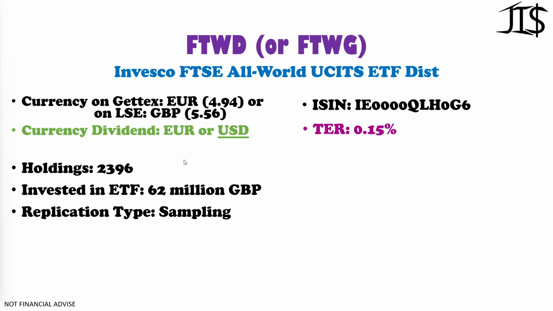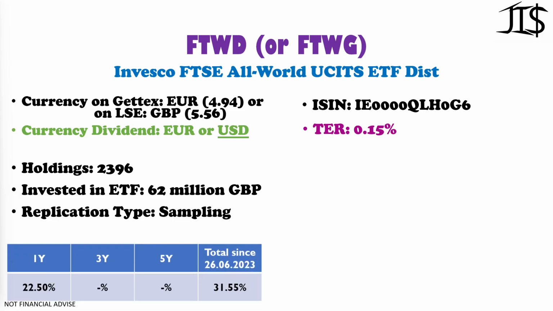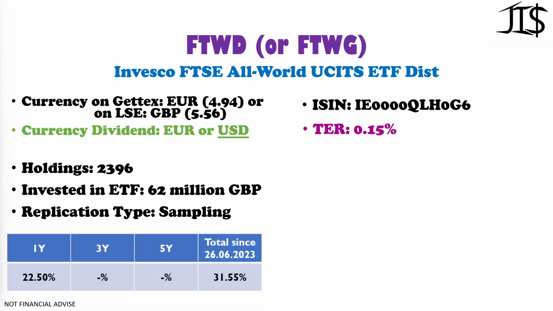And I'm going to give the dividends in US dollar here, and also the performance in US dollar. And it invests towards 2,396 companies. There is only 62 million Great British pounds invested into this ETF, so it's the smallest ETF that I'm going to mention today. It's a sampling type ETF, and it's been around for over a year and a half now, so I can only give the performance of the past year, and it's up 22.50%,